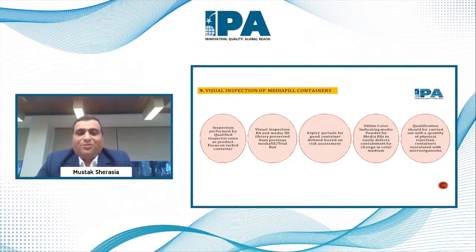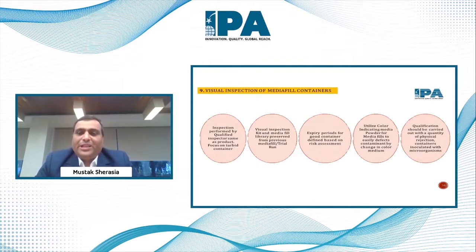The other aspect which we considered is media fill container inspection. Like the manual visual inspection process, the media fill inspector is also to be qualified. However, here specific consideration is given to identifying containers which are breaching container closure integrity during the prior to incubation inspection, and on 7 and 14 days to identify turbid containers if they are found during the inspection. So here also a similar approach applies while you prepare the kits and qualify the inspector; the expiry of the kit has to be defined.